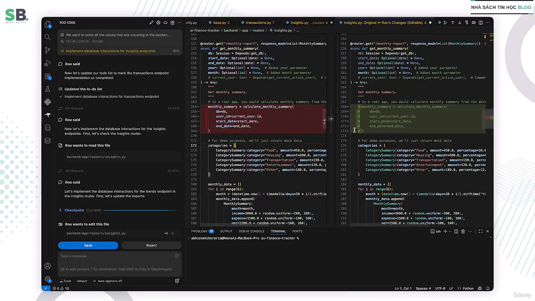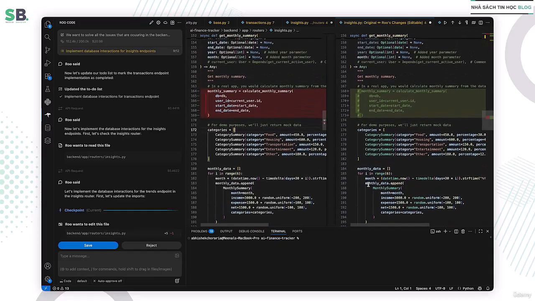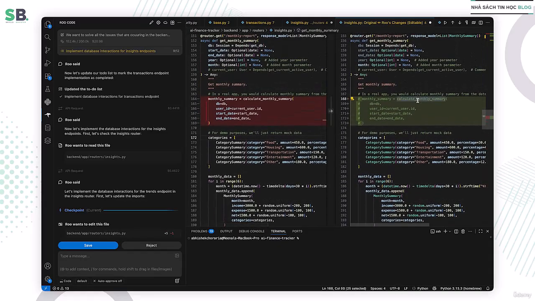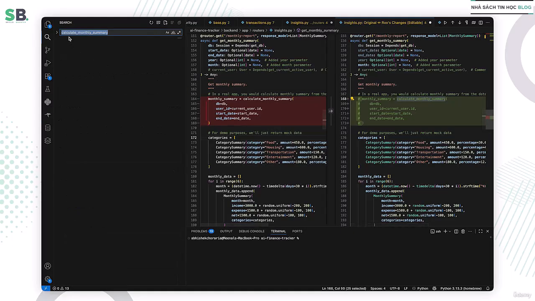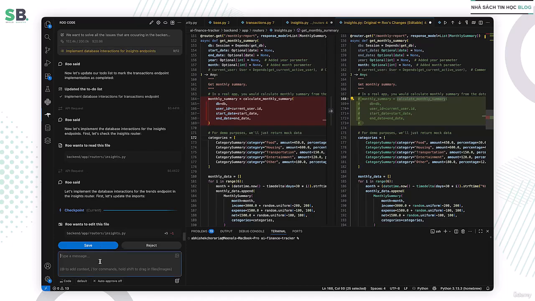It has uncommented this calculate monthly summary, but I'm not sure if this exists anywhere in the project. Let me first see, let's ask it, does